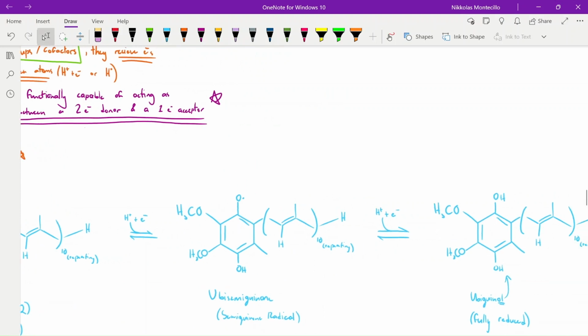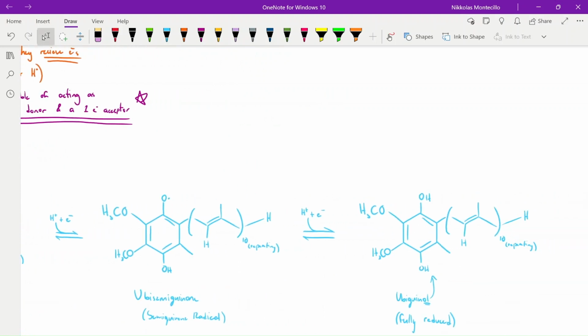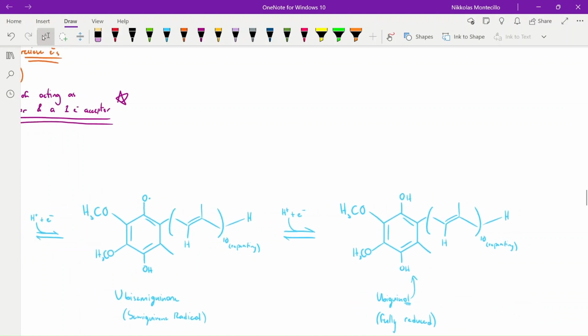And then once another electron is added, we see here that 2 alcohols are formed,